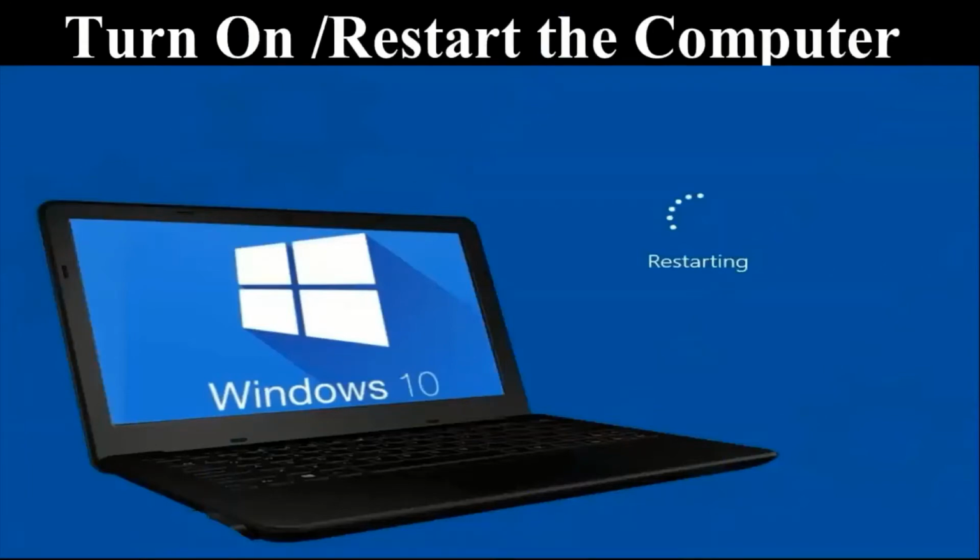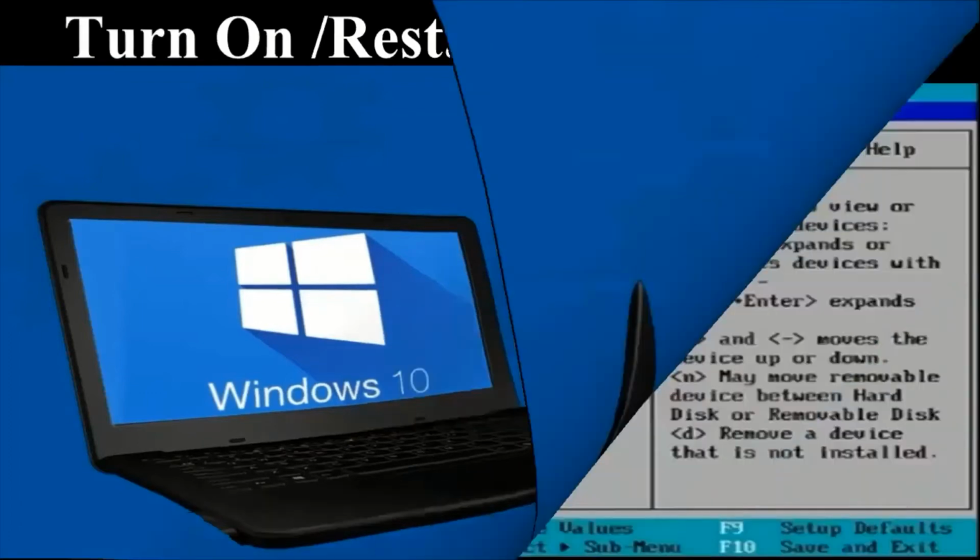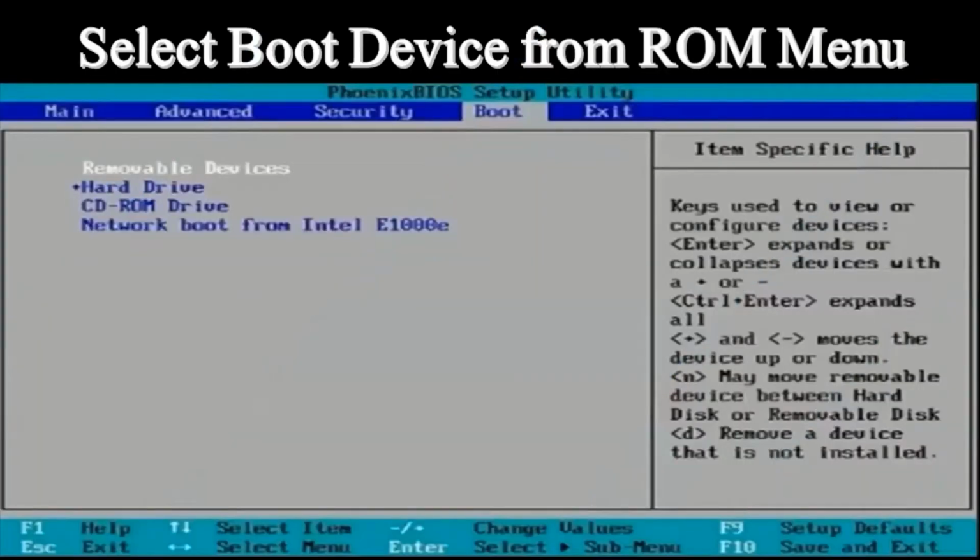First of all, turn on or restart the computer. If your computer is on, you have to restart. If it is off, you have to turn on the computer. And after turning on or restarting the computer, you have to select the boot menu or move towards